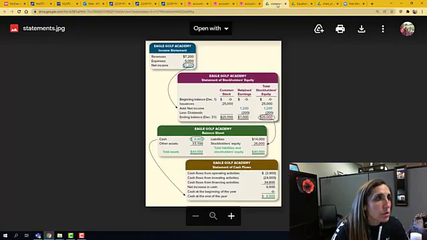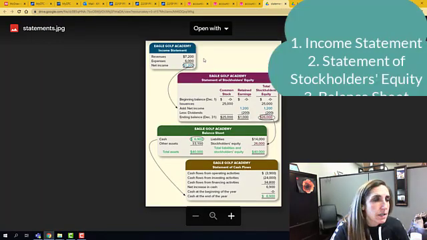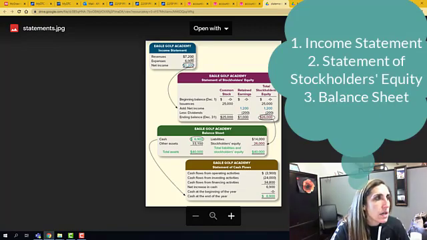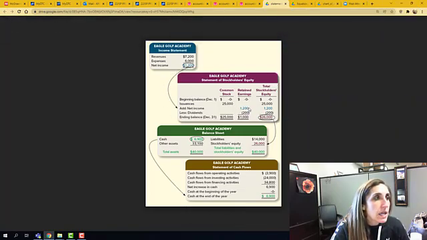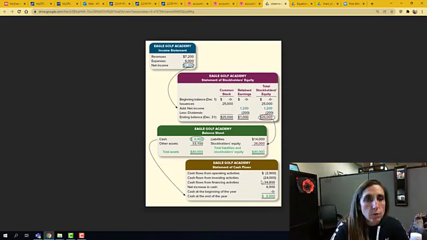So then the third picture I want to make sure that you understand is how these statements are connected. They're kind of like a puzzle. The first statement you create is the income statement, so that amount then goes into the retained earnings, the company savings account. And then the totals on your equity, it says your total equity is 26, goes into your balance sheet. We won't focus on the statement of cash flows and you actually creating it until Chapter 11, but we will talk a lot about the different activities.